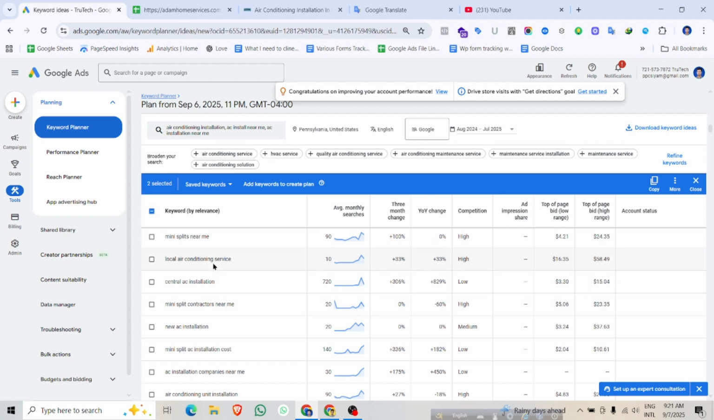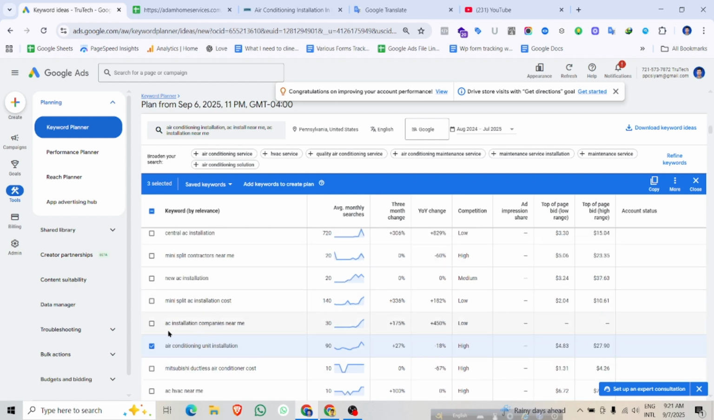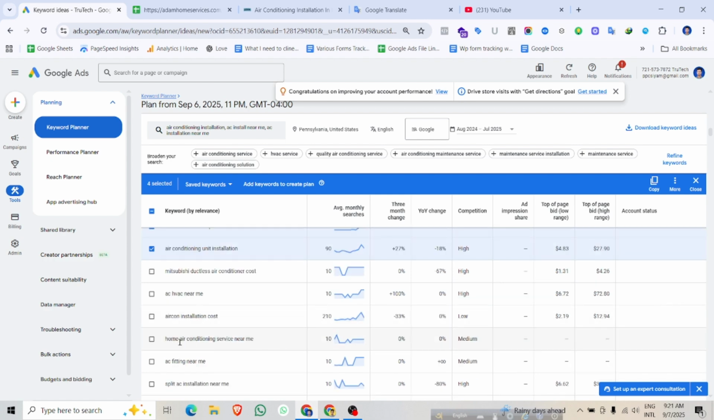Okay, local air conditioning service. Service means repair. Air conditioning unit installation, you can also put down, including your AC installation keyword, AC installation company near me, home air conditioning service near me. Now you need to see: if your service is only for homeowners, your targeted customers are only homeowners, then you can put this type of keywords. But if your service is commercial AC installation only for offices, hospitals, or other things, or markets,